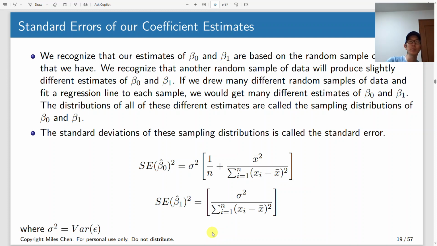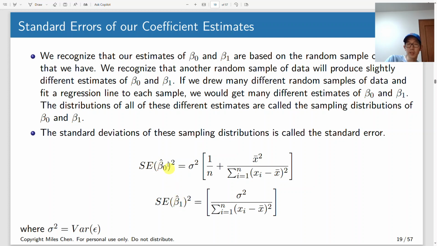If we did a whole bunch of these, we could get a sampling distribution: a whole bunch of different beta 0 estimates, a whole bunch of different beta 1 estimates. We can ask, what is the standard deviation of this sampling distribution, or what is the standard error of these coefficient estimates? And these are the formulas for